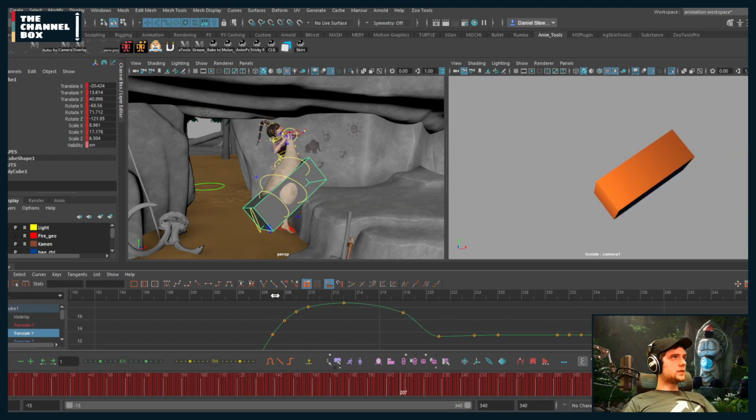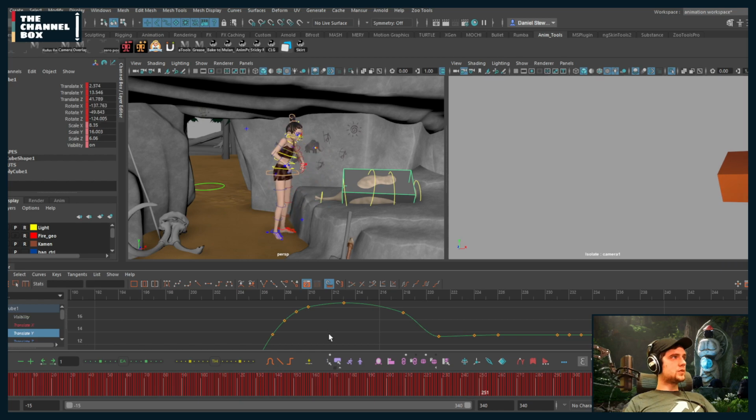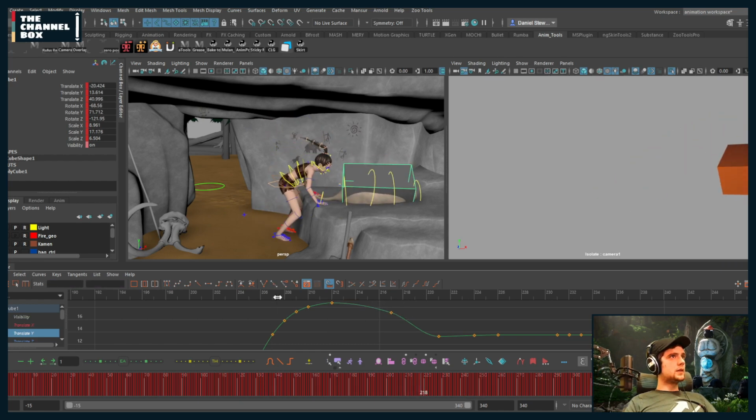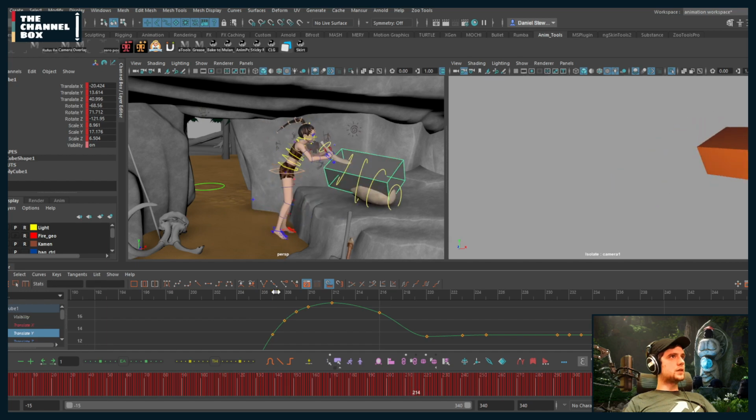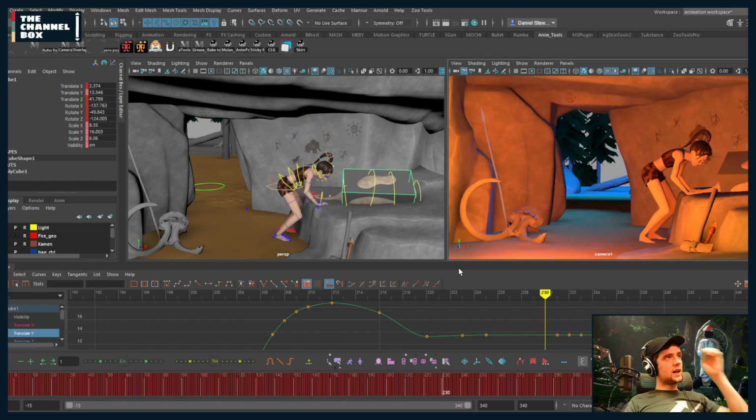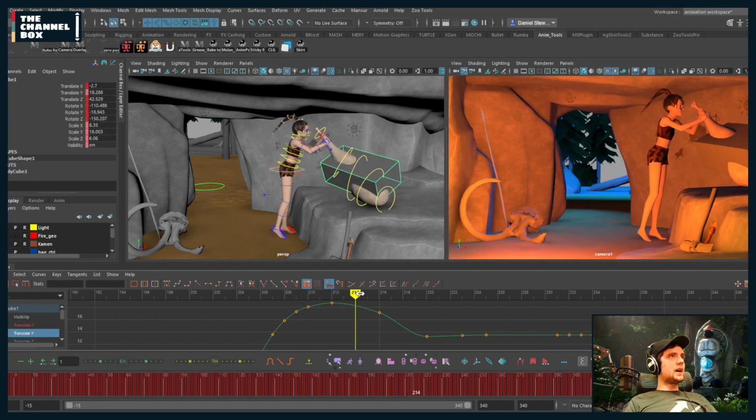See how this feels. Too far. How about this? Let's just take everything and move it back one frame now. There we go. That feels good. So it's not much different than what you have,